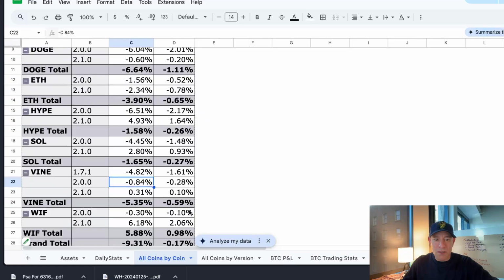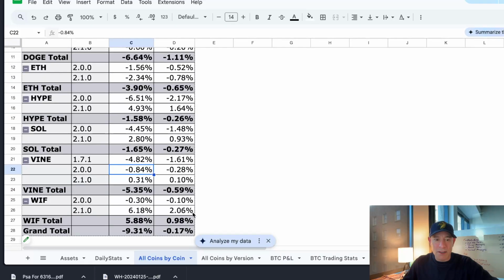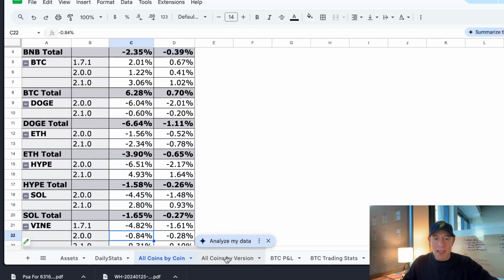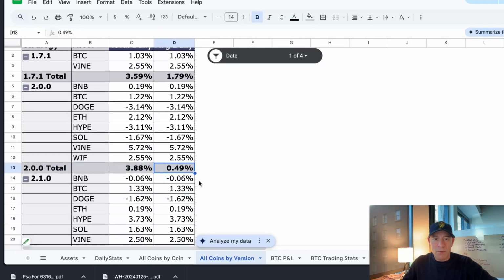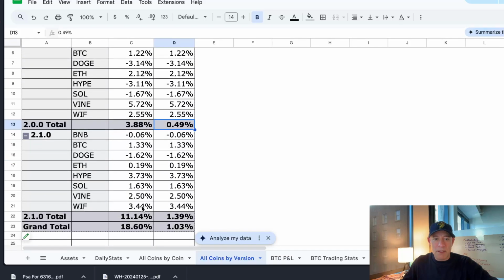And so this is over the course of all 3 days that we're looking at here. So this is like the average daily return. And then if we want to look at all the coins together by version number, so we got the 2.0 version here, we got all the coins listed, and we're looking at today. So today, if we just summed up the total return, we got 3.8% on the 2.0 version for about 50 basis points, almost average. But the 2.1 version completely crushed it today,